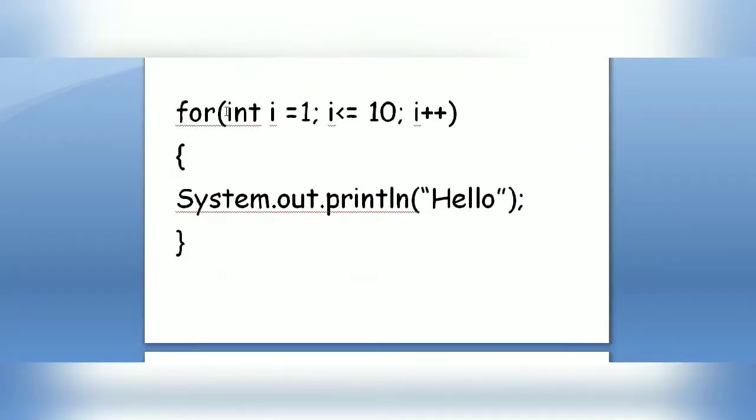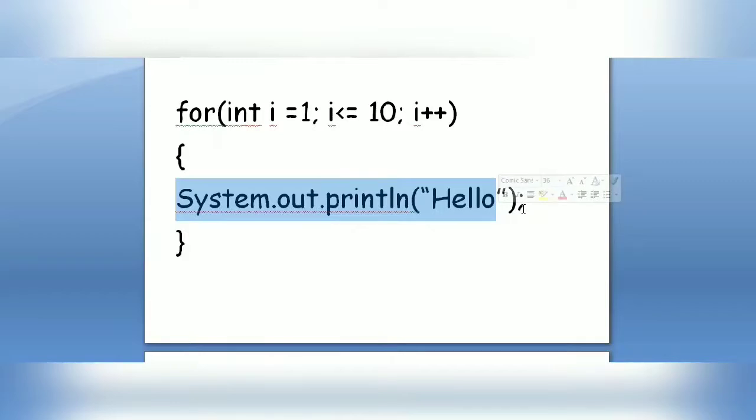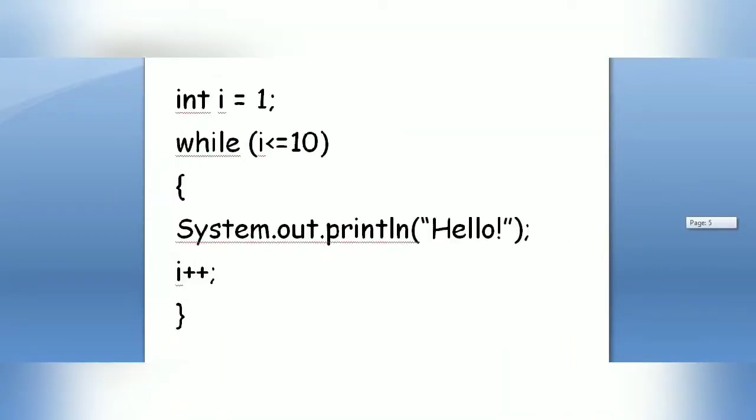So this is the syntax for loop. So for initialization, and then the condition and update. Please mind it, here will be no semicolon at the end, and this is your body of the loop.